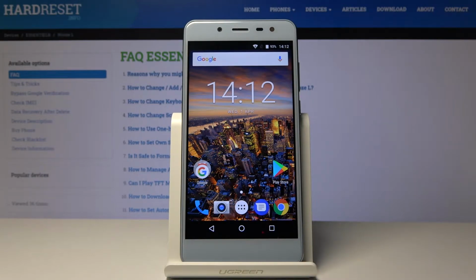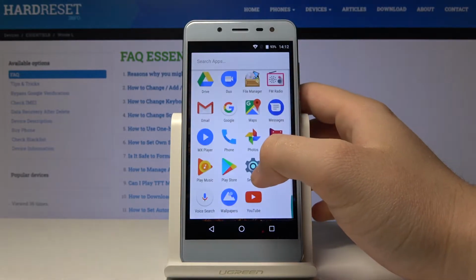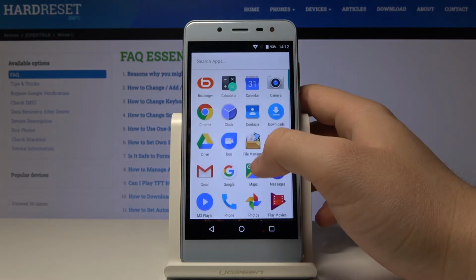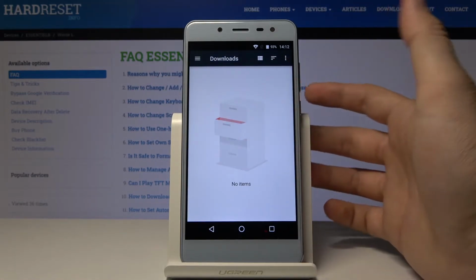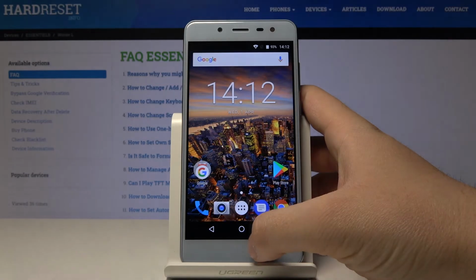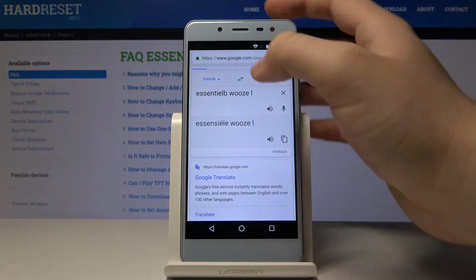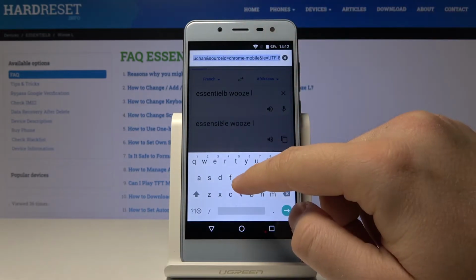Welcome. If you want to find your download files on the ESSENTIELB Wooze L, let's go to the files. There is the downloads, but currently there are no items, so we can enter the Google Chrome and type here